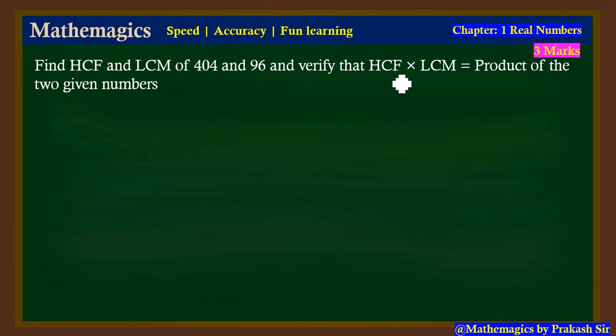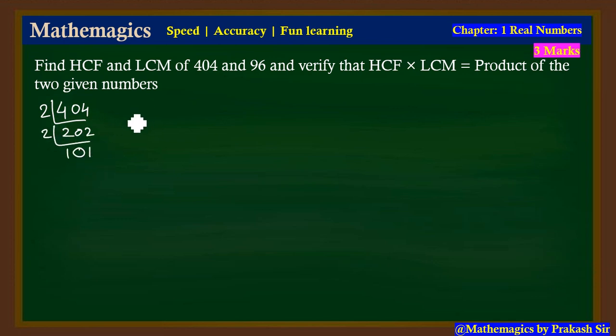So now dear friends, the next question is: find HCF and LCM of 404 and 96 and verify that HCF into LCM is equal to the product of the given numbers. So directly the question is asking to find the HCF and LCM and then we can verify this formula. So the first number is 404. Let us find out the prime factorization. 2 will go, 202, again 2 will go,